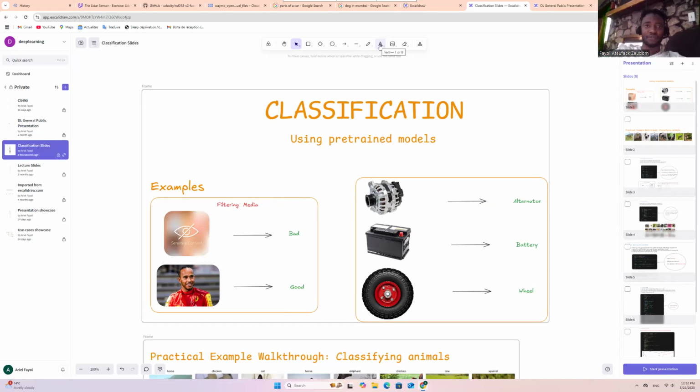Even a high schooler should be able to follow along and use this in their projects, or a professional. So what is image classification all about? Image classification is just taking an input image and then classifying that image into a category. For example, when you're on social media, companies usually try to filter content. You can have sensitive content that's too graphic and you want to classify it as bad, and normal images as